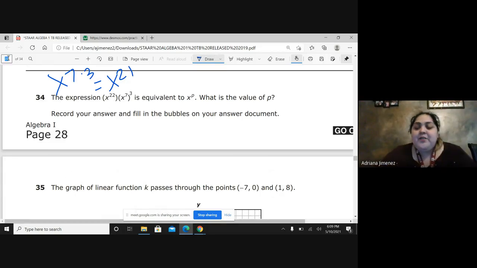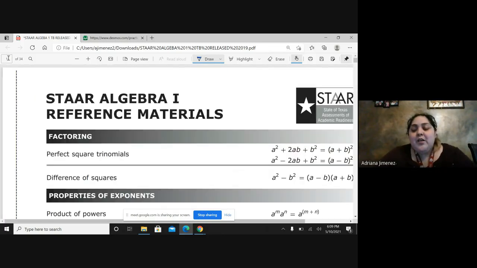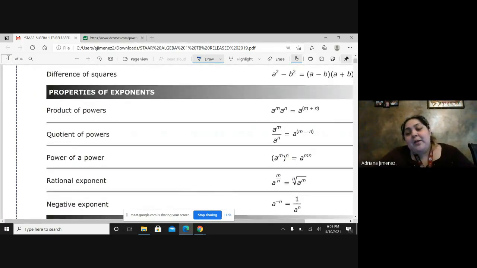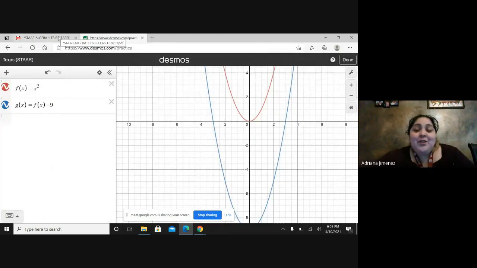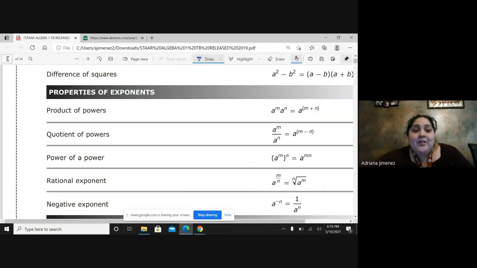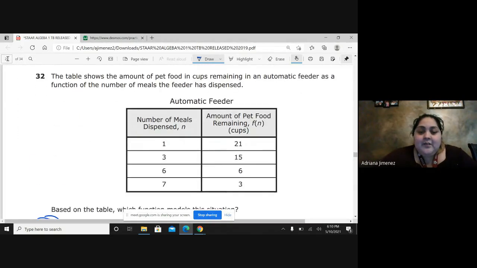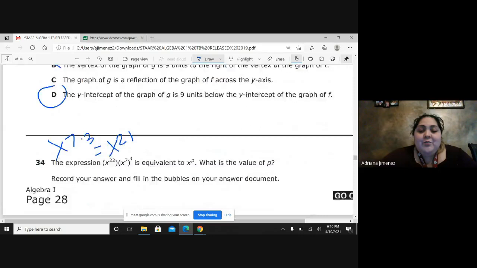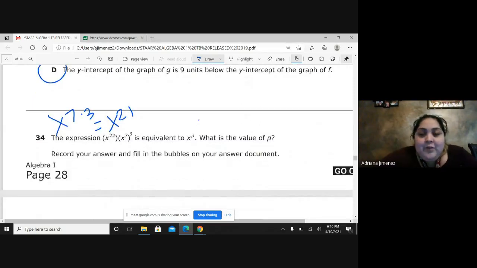We go back to page 1, we're on page 22, and we look at the formula chart when they're being multiplied, which is this one right here, and it says that you're supposed to add. So we just add the 21 and the 22. So 21 plus 22, and my answer is